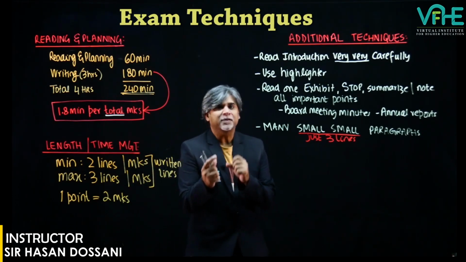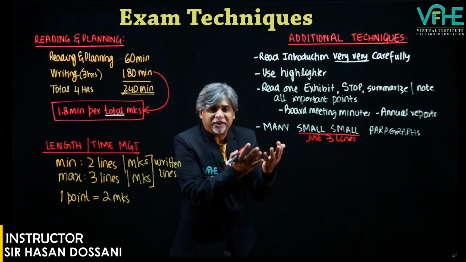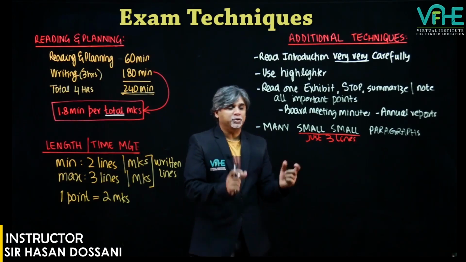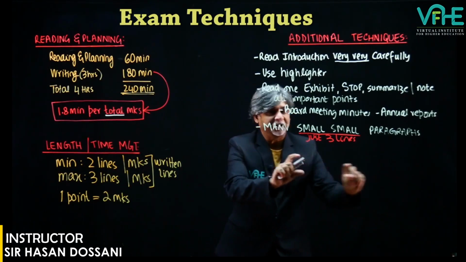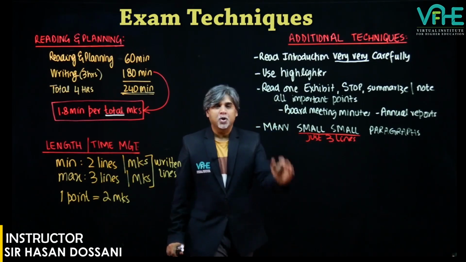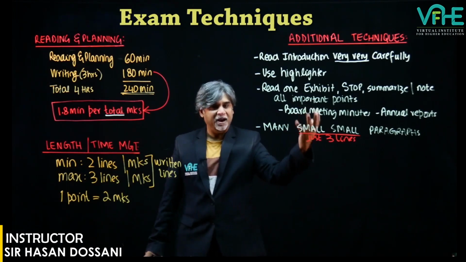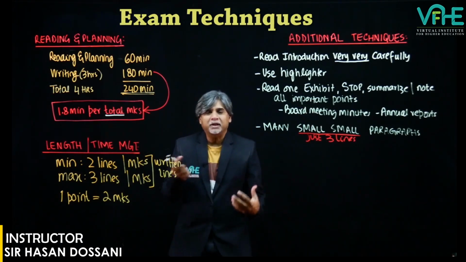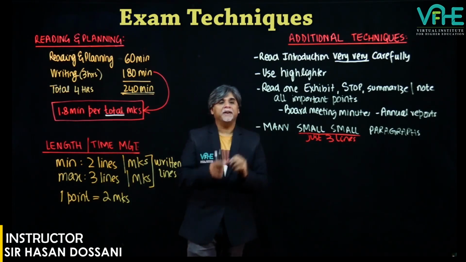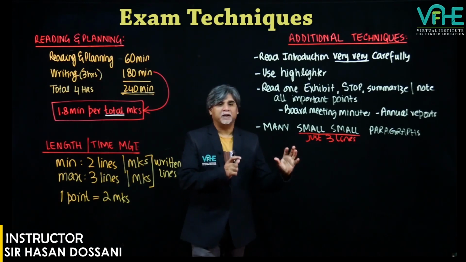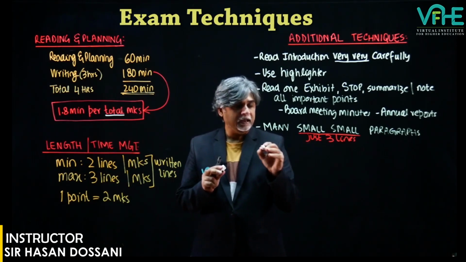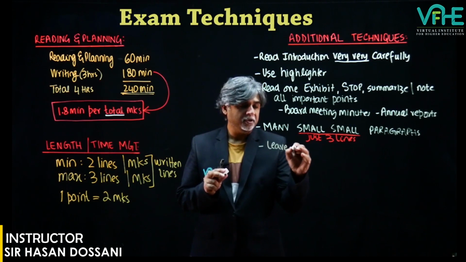So can I say, without confusing you, that this is effectively a bullet style, but we are not putting the bullet sign. Imagine there are small 3-liner paragraphs, like 5 small paragraphs, 3 lines each, 1 blank line in between. So they are effectively a bullet style. The only thing is we are not actually putting a bullet sign. Okay, very important. Many small paragraphs of 3 lines each, and leave blank,